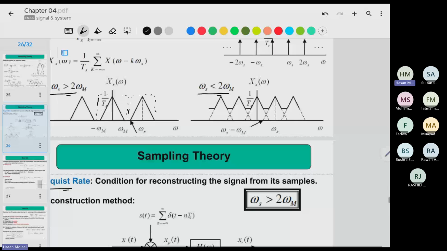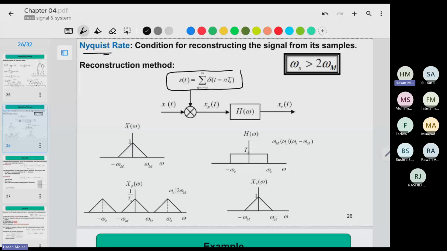How do we reconstruct? Again, we multiply it with a train of impulses. And at the end, if we multiply this, it would be something like this. And if we apply a low pass filter, something like that,